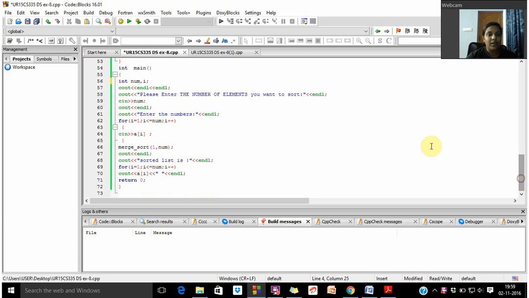And here is my main function. So here I have two variables, mainly num and i, and I've asked the user to enter the number of elements they want to sort, and I've read it. And I have used a for loop, and this runs num times, the number of elements to be sorted, and 1 comma num is sent to the merge sort function,